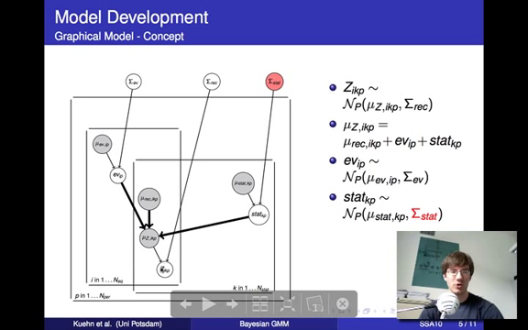We have our ground motion parameters recorded from one earthquake at one station, which is sampled from a multivariate normal distribution with a particular mean and a covariance matrix. The mean of that distribution is a function of 3 other quantities: an event term, a station term, and a record term. And the event term itself is again sampled from a multivariate normal distribution with a certain mean and a covariance